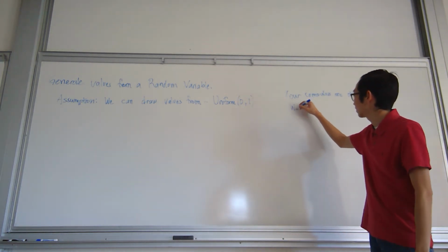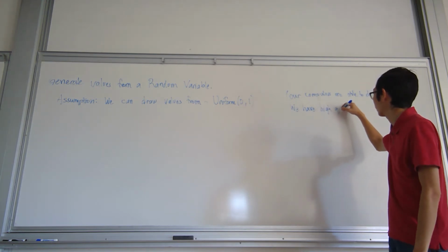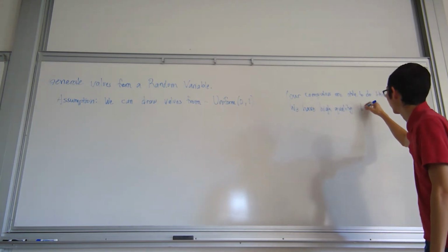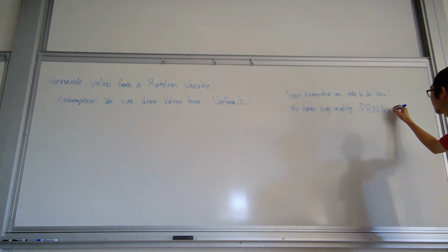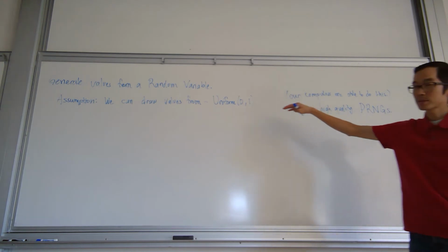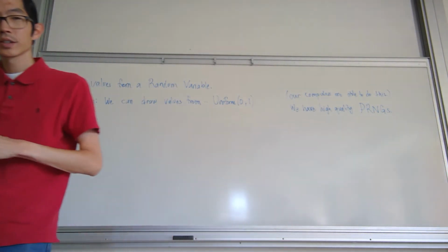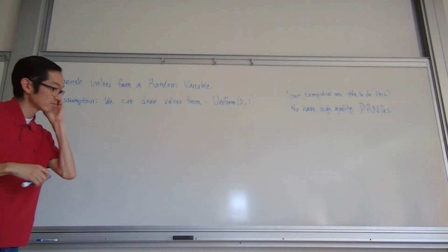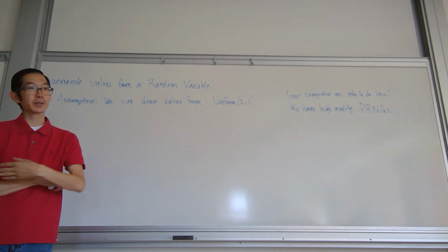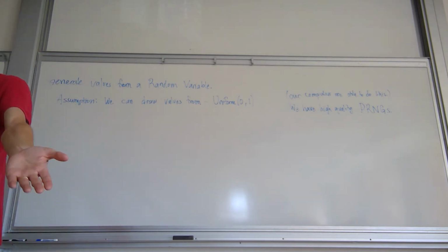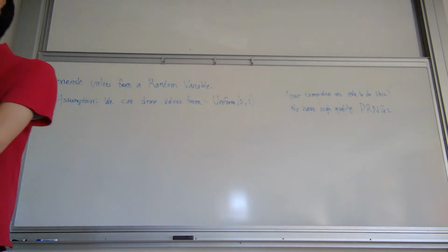So this assumption is okay now, all right? But it used to be tough, okay? And in fact, before we had laptops, and before you could just go onto R and say runif and whatnot,